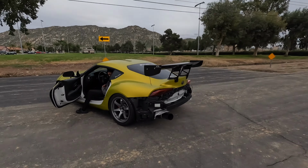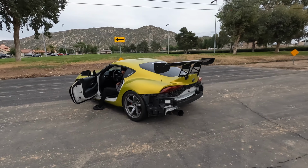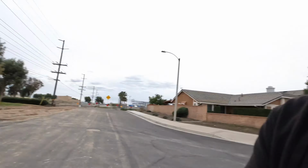What the? Bro, no way. All right, this thing is stupid. It's awesome. What the hell? Bro. Why is it not spitting flames? I'm gonna get some flybys. Bro, this thing is stupid. Oh my God. Bro, I think 3 is where it really...